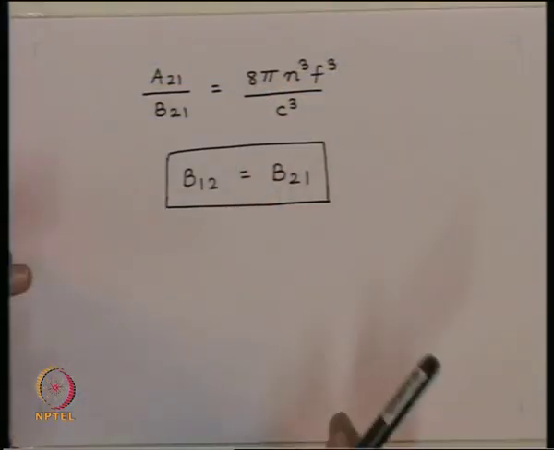So, what we find from this simple analysis is that the two processes, the absorption process and the stimulated process, are equiprobable. However, we always find the absorption process dominating in nature, and that is because we have more electrons in the lower energy state than in the higher energy state in thermal equilibrium. Naturally, then one can ask a question: if you could create a situation where there are more electrons in the higher energy state compared to the lower energy state, then what would happen? And the natural answer would be that now the stimulated process will dominate over the absorption process.